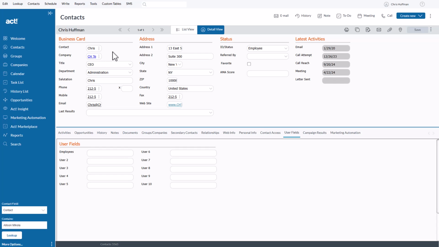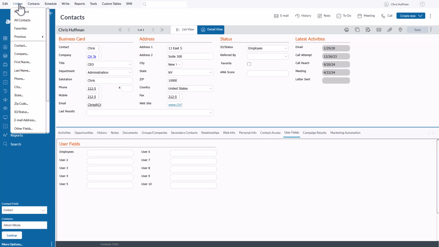So I had a client that was asking me some questions about how you do lookups, and the discussion broadened a little bit, and I said, well, let me show you a couple options you have when doing a lookup. So I'm in an Act demo database, and you might notice some of the fields are shortened, and that's for privacy reasons. But having said that, I'm going to come up and go lookup,